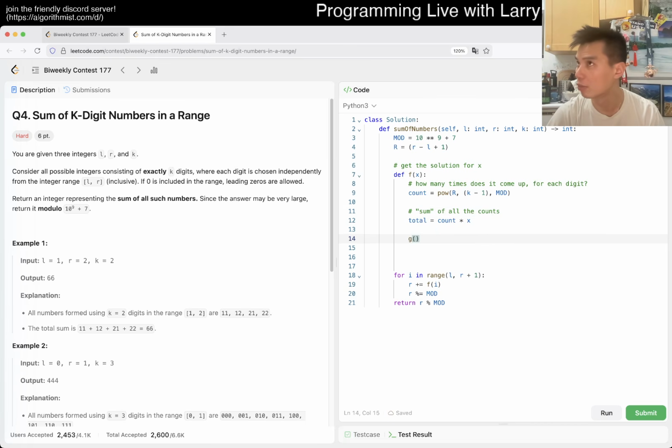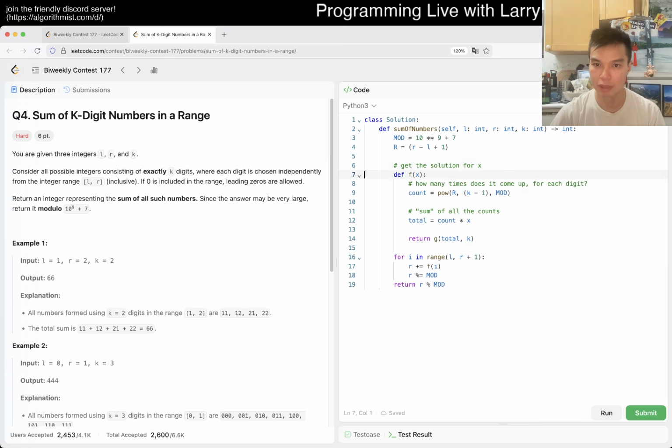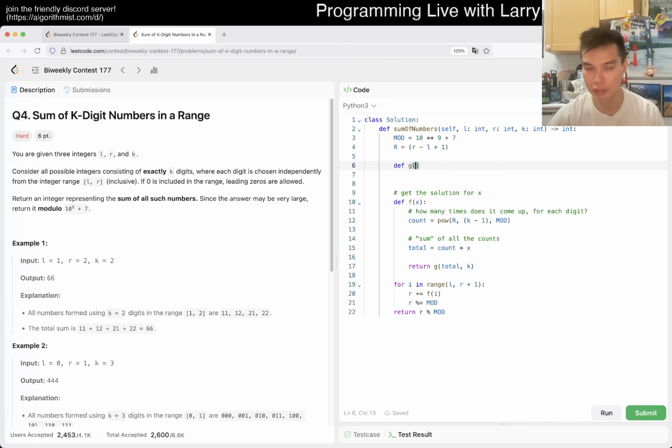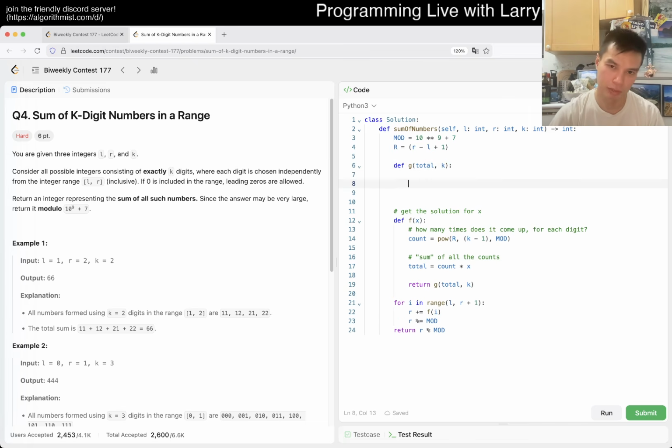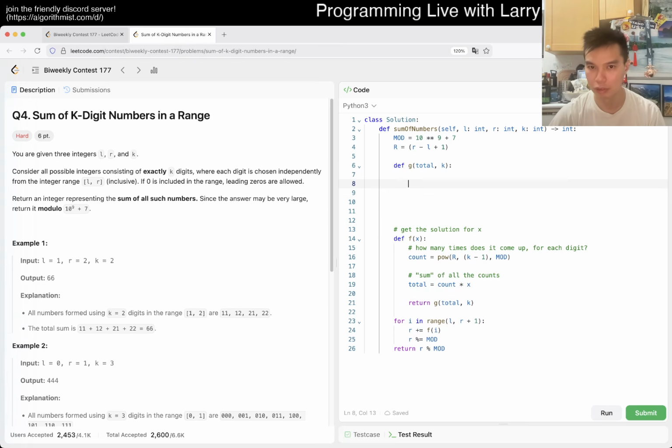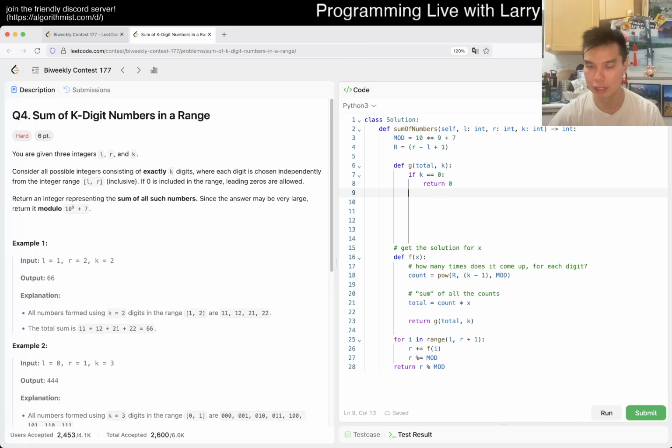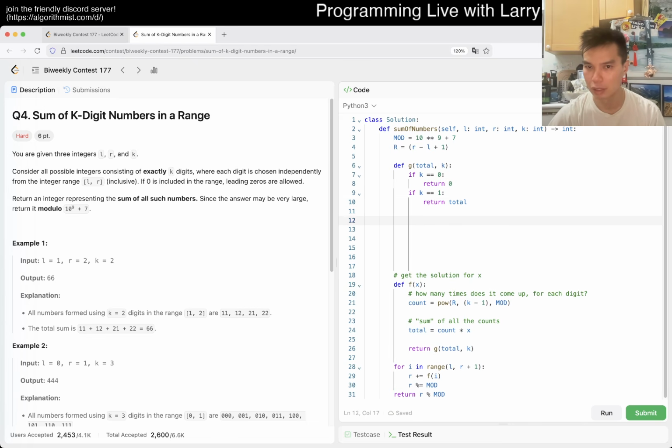And then now we have, so this is for each digit. Now we have to sum it over. So then, okay, total k, right? Something like this, and then we'll just use a helper. So here we have the total and then the count k left. So now we have divide and conquer: if k is equal to 0, we return 0. If k is equal to 1, we return total. Otherwise, we have